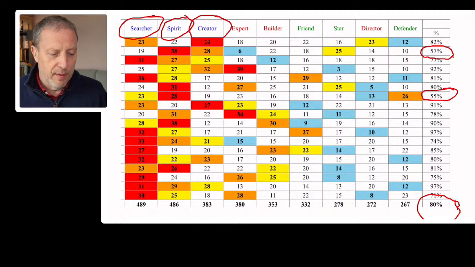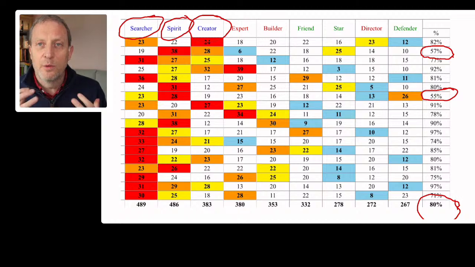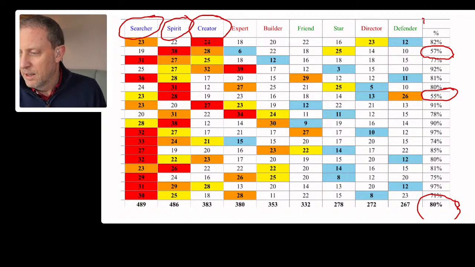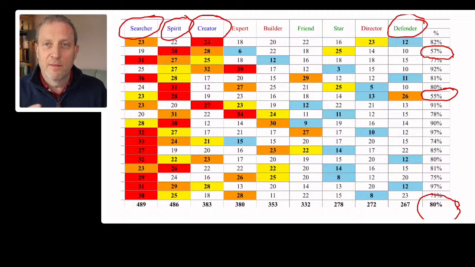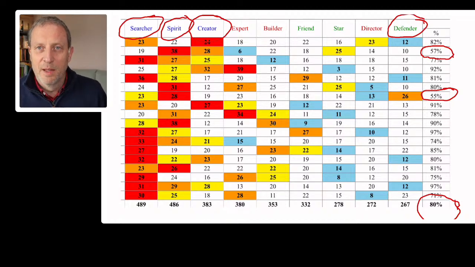So we know their top three motivators. What we can see is they are very change friendly. They like change. They want things to change. They embrace change. But what's interesting is if we look at the lowest motivator of this team, the overall lowest motivator of the team is the Defender motivator. So what's the Defender about? Defender's about stability, security, predictability. So the thing that they are least focused on is that, and what they're focused mainly on is change and new things. Now, in itself that isn't a problem, but if you think about a team,